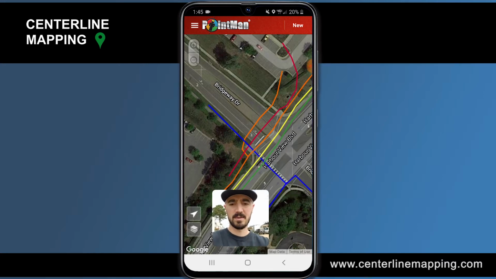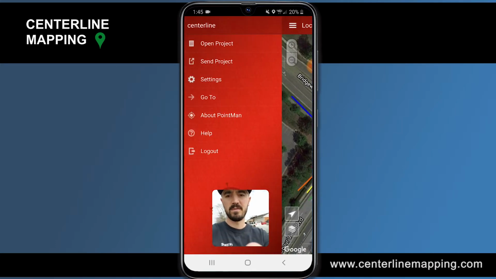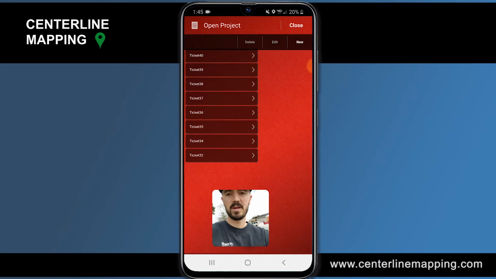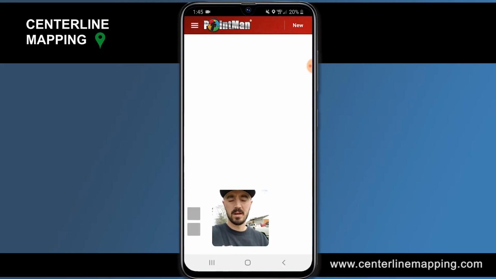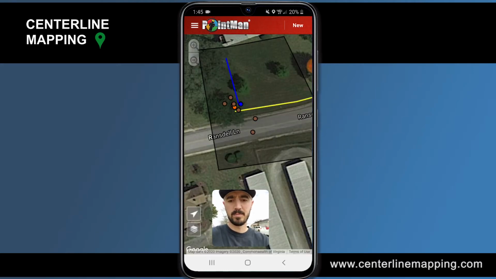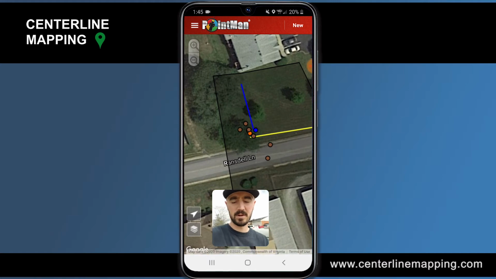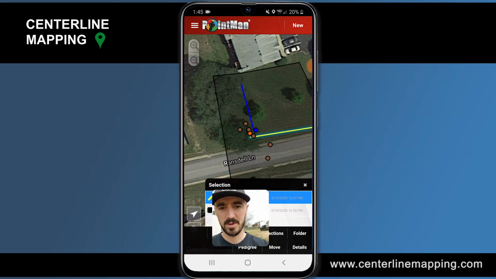So I've got ticket number 34 open. Let's say we want to go to ticket number 40. I'm going to open ticket number 40, double tap 40, and this is going to open our project data for ticket number 40. So for example, let's say we've got an issue with a valve. It's not working. Maybe need to send someone out there. They can open this application up and they can tap on that valve,